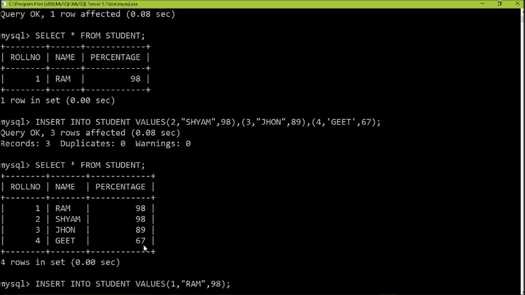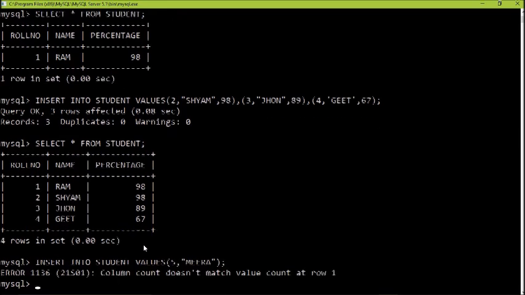I'm entering a new record here and I will not enter the percentage of Meera. Meera is a new student and her roll number is 5. See, this will generate an error. Why? Because we have not given the third column.